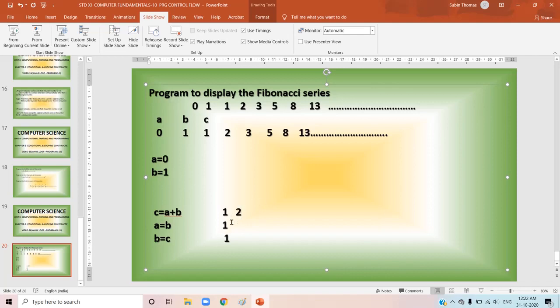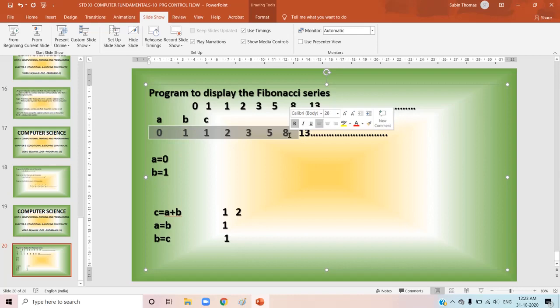Now, what is the input to this program? You have to accept the total number of numbers in the series that should be displayed. If I say you want to display 5 numbers in the series, then this many numbers you have to display. The first 5 Fibonacci numbers are 0, 1, 1, 2 and 3. If I say the first 7 numbers in the series, these are the first 7 numbers. How many numbers you need must be accepted from the user, and you have to do the same procedure itself.